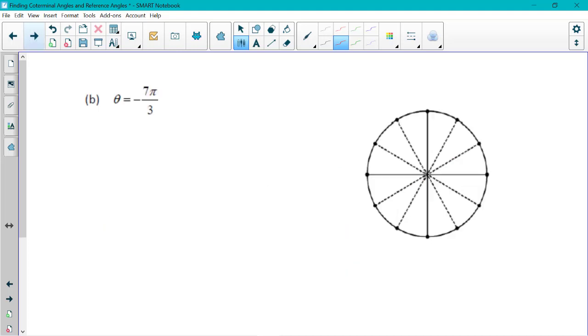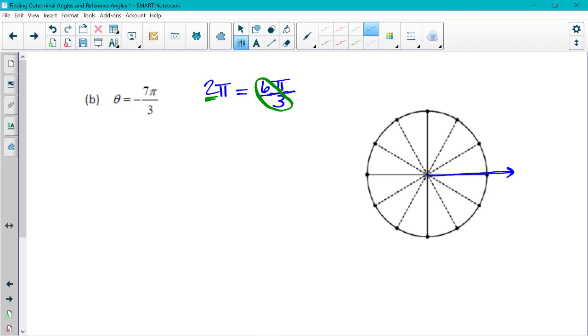All right, let's look at another one. So negative 7 pi over 3. So I'm doing a negative rotation. Now let's think about that. One full rotation, 2 pi, is how many pi over 3 sections? Well, it would be 6 because 2 is equivalent to 6 over 3. So if I'm going 7 pi over 3, I'm going more than one full rotation because 7 is bigger than 6. Okay, so I'm going to start with my initial side